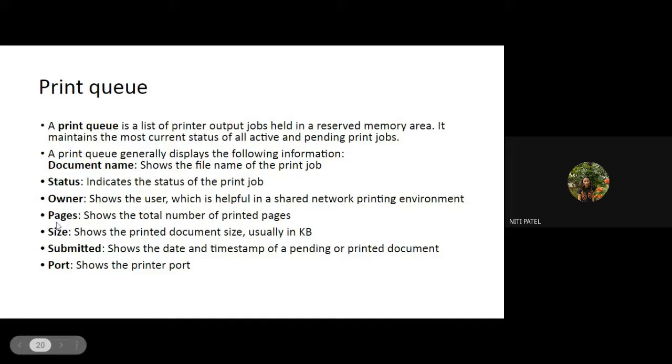Next is what? Pages. What do you mean by pages? Total number of pages to be printed. Correct. It will show you the total number of pages to be printed. So if you have 3 pages, it will show you 1 of 3 printing, 2 of 3 printing, 3 of 3 printing. So what is that? It is keeping track of the number of pages that are getting printed. Have you ever seen 1 of 3 printing, 2 of 3 printing, 3 of 3 printing like that? Those are nothing but it is printing the pages one by one, and it is showing you how many are the total pages, how many have already completed printing, or which is the current one getting printed.